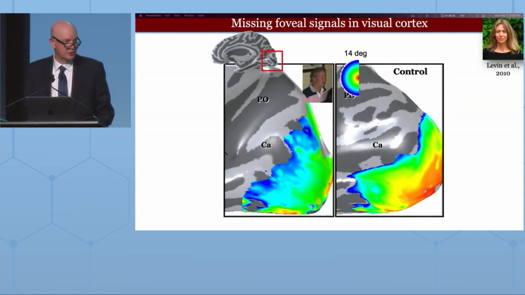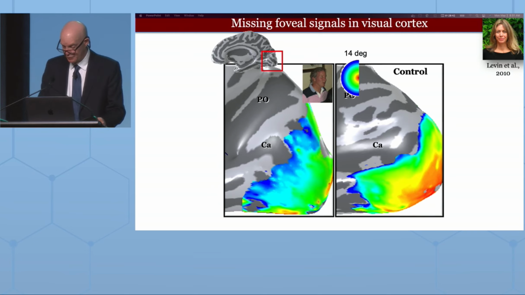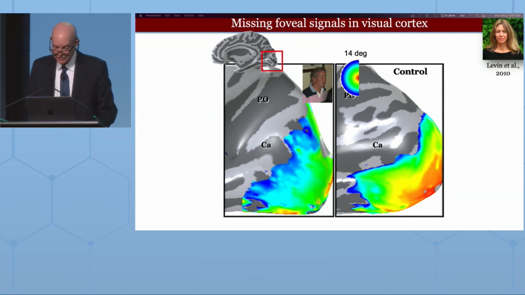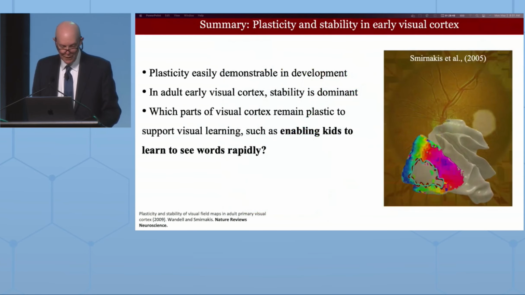We could make a measurement of what was going on in his brain that couldn't have been made before. And we could see that his maps were quite unusual in the sense that he didn't have the same foveal representation, and he had a retinotopic organization, but it really was not the same as others. And we went on to study, Netta Levine in particular, went on to study other aspects of his white matter tracks that I'll tell you about later.